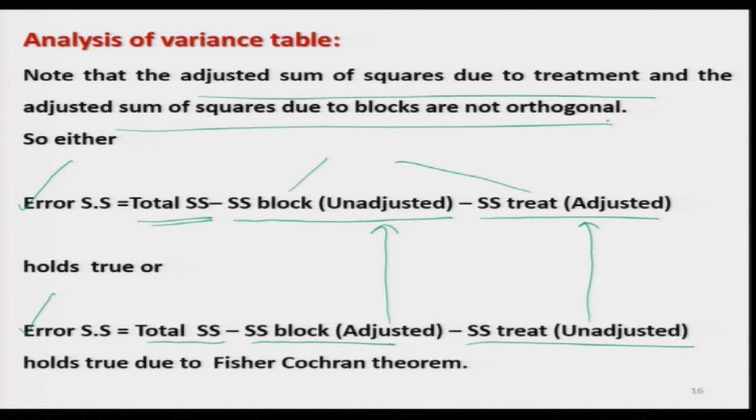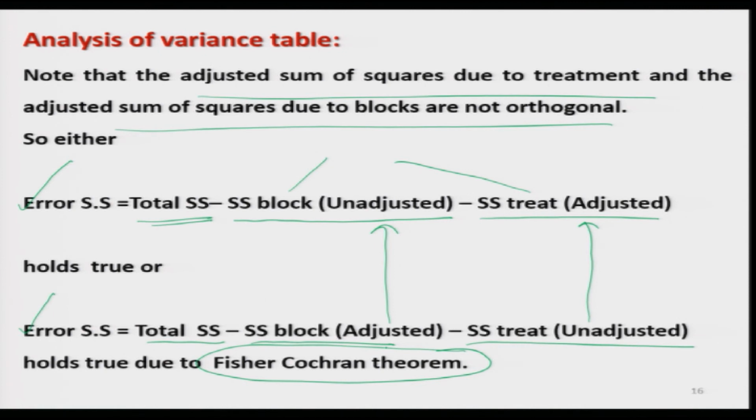And this is important for us so that the Fisher-Cochran theorem holds, and then we are in a condition to construct the analysis of variance table, and we can construct the F statistic, because the F statistic is based on the orthogonality of the sum of squares and SSE,